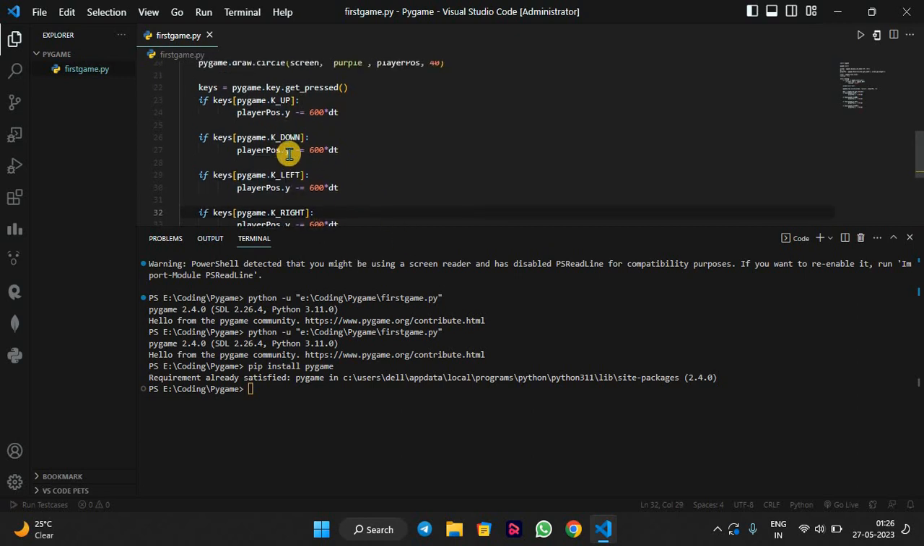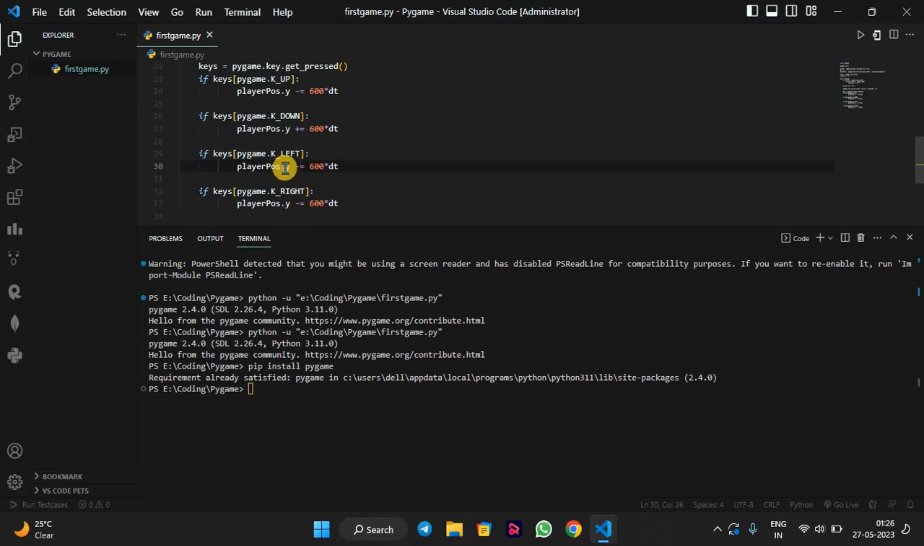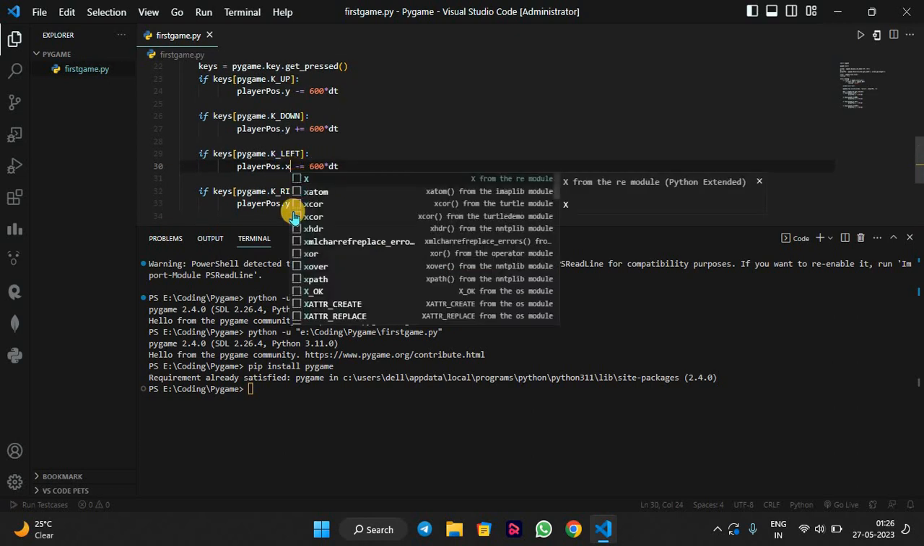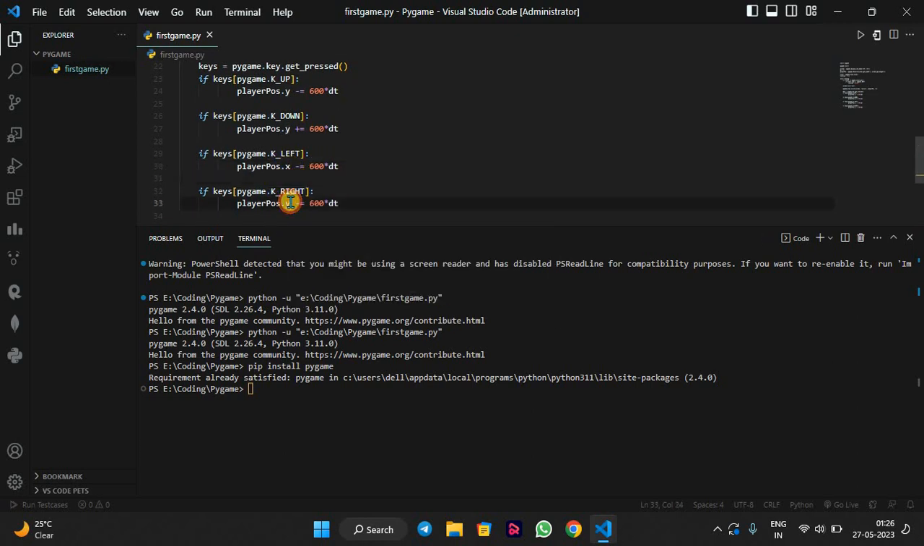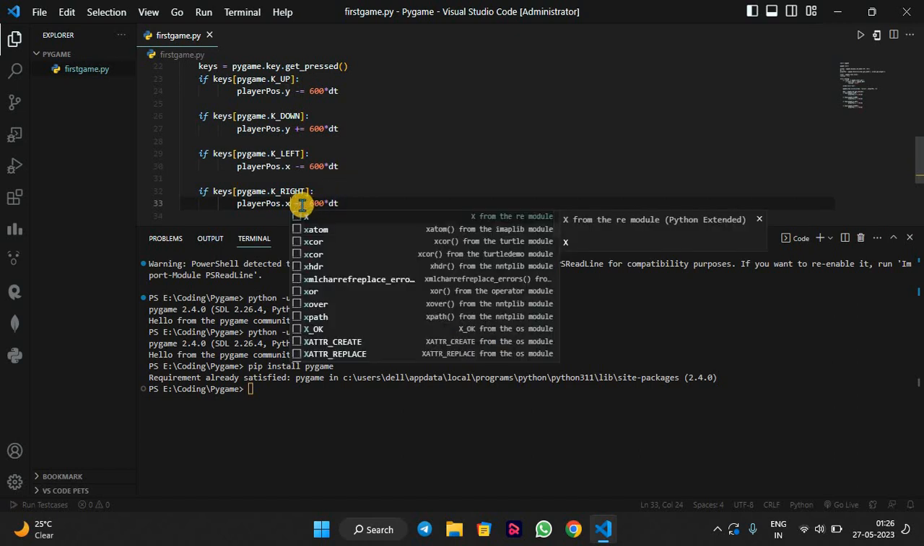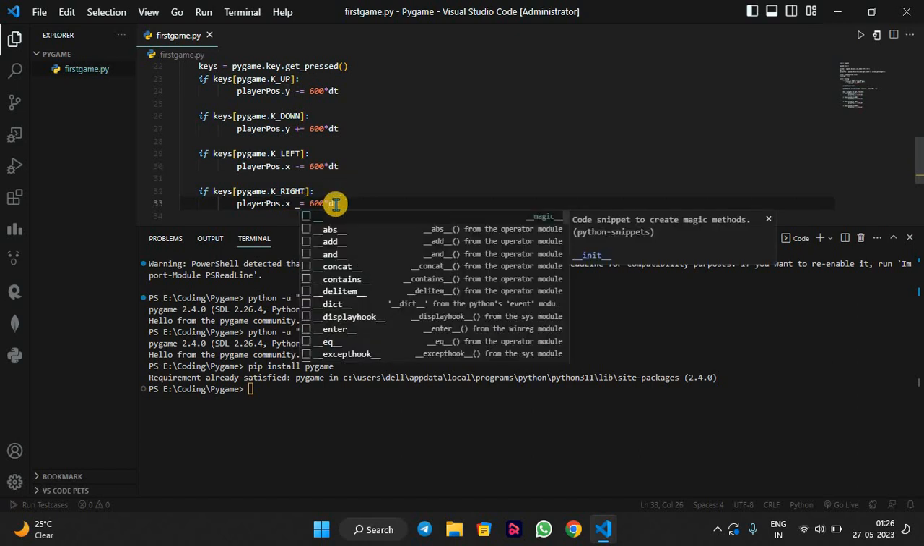Now so here down will also have a y-axis, but here we should get a plus sign. Okay, and here at the left we are going to use minus sign, but this will be an x-axis, and here at the right this will be an x-axis but a plus sign. Okay,